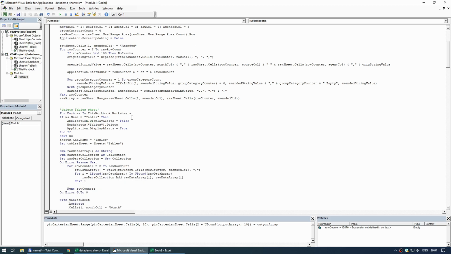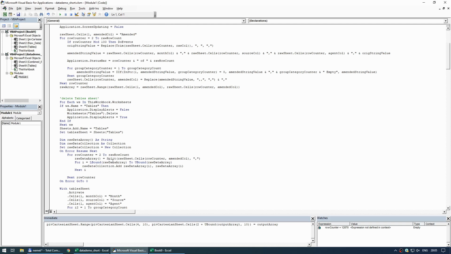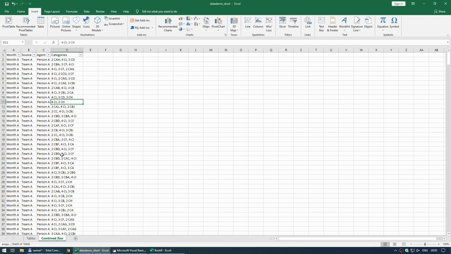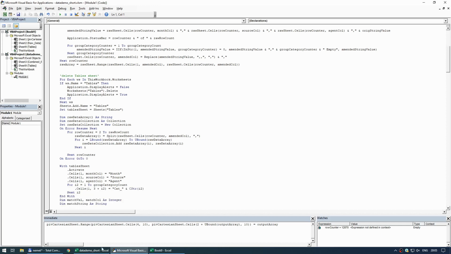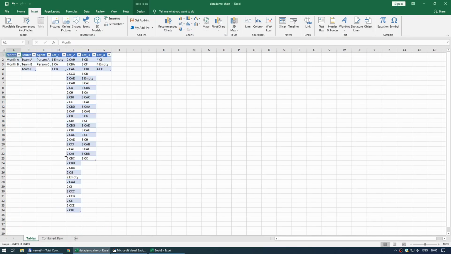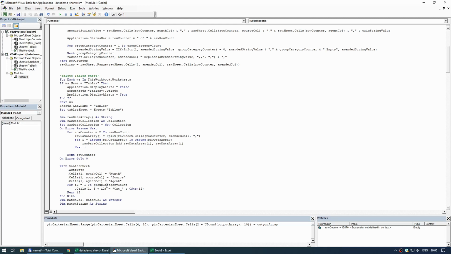So we then get rid of the table sheet and make a new one. And as I said, we have a collection. So essentially what happens here is that, if you look back here, there's no particular order, because sometimes number 2 comes first, sometimes number 4 comes first. So we can't just easily loop through. So we build a collection and we split it and shove individual unique elements into the array. And then we move on to the table sheet, which is this one. And at that point, this is, of course, blank. And we then